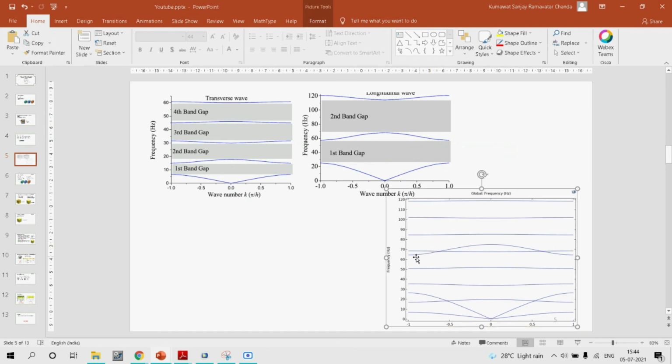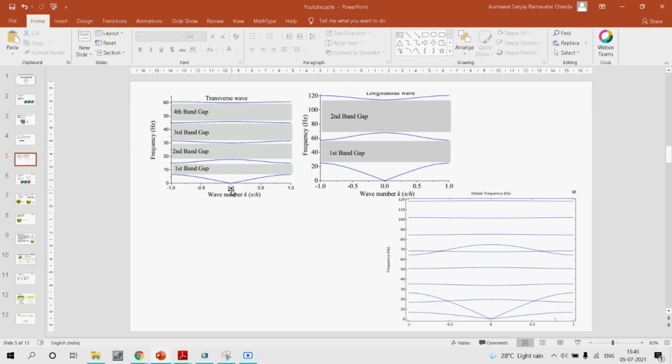So here you can see from the observation only, it is clear that the band gap for longitudinal waves is of greater width, and the starting frequency is also higher as compared to that of the transverse wave. So we need to differentiate between the S wave and P wave from our basic idea of P and S wave band gaps. So here it can be seen that the band gaps are matching pretty well with our reference results, which are calculated using the transfer matrix method.